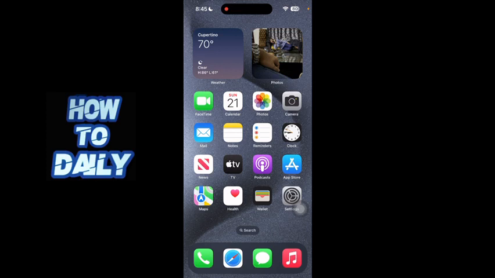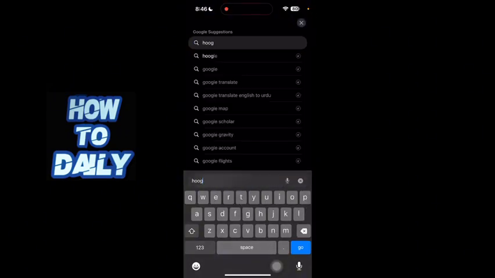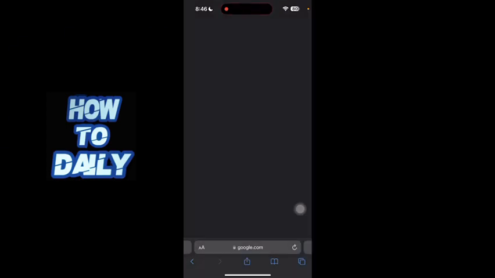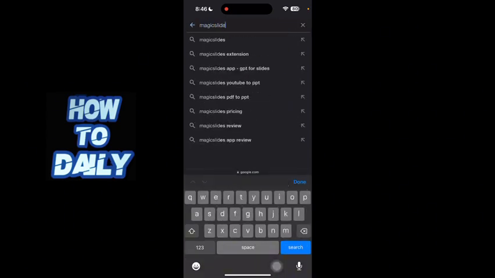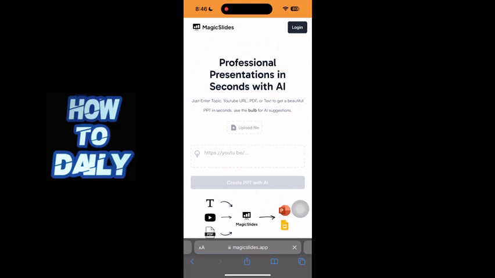Alright guys, so first of all, just open up your internet browser on your Android or iPhone phone or your laptop or computer device. So just open up your internet browser and go to google.com, and here you have to just search for magicslides.app like this, and now just go to the first link after you search this,